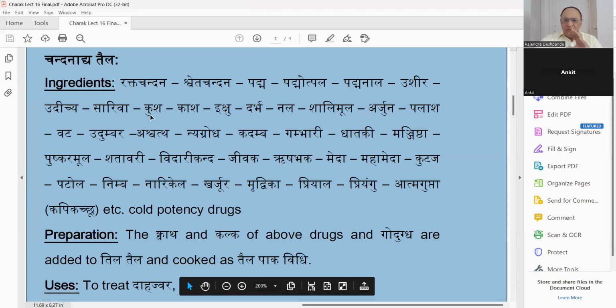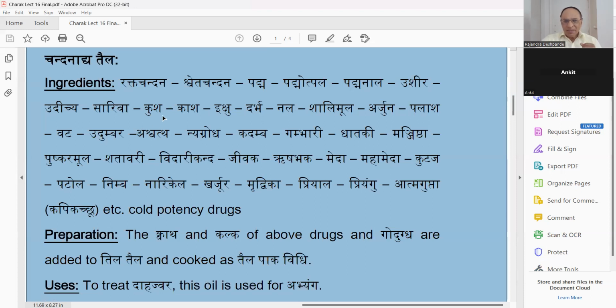which are the medicines that are being used, all will be पित्तघ्न द्रव्य है, वात पित्तघ्न है। They prevent the wear and tear, they reduce the heat of the body. तो रक्त चंदन, श्वेत चंदन, पद्म का मतलब लोटस होता है, पद्म उत्पल, पद्म नाल, उशीर जैसा मैंने बताया, खस बोलते हैं उसको, इंग्लिश में, it's one type of the grass. सारीवा का मतलब उपलसरी होता है, ये बहुत ही रक्त को कूल डाउन करने वाली मेडिसिन है। कुश, काश, इक्षु,